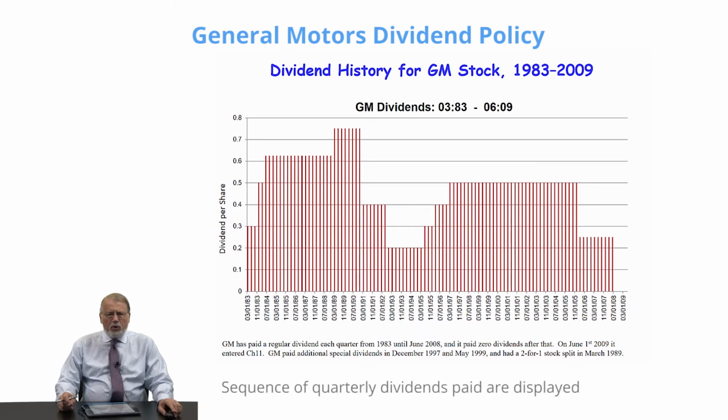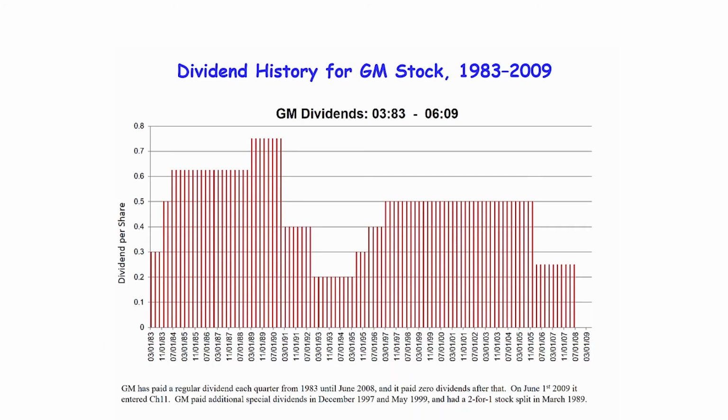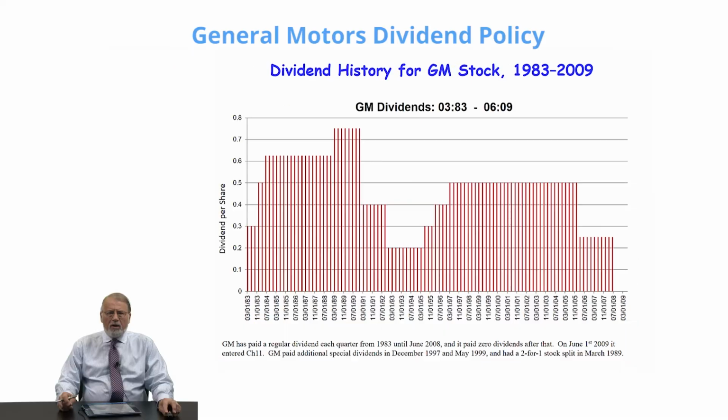The sequence of all quarterly dividends paid by the company is displayed on the graph in front of you. As you can readily see from the graph, dividends have been fairly stable over time, and most of the time the company kept the dividend constant. Occasionally, the company raised or decreased the dividend, but for most quarters the dividend remained unchanged from the previous quarter. What is interesting is to compare the sequence of dividends with the sequence of earnings per share, which are displayed in the next graph.